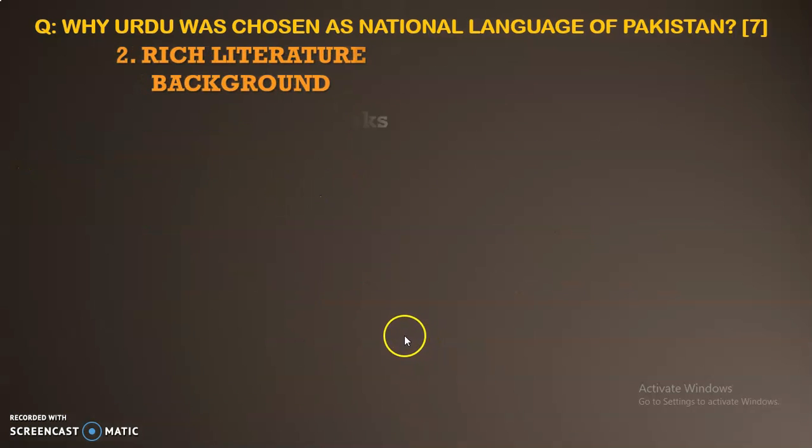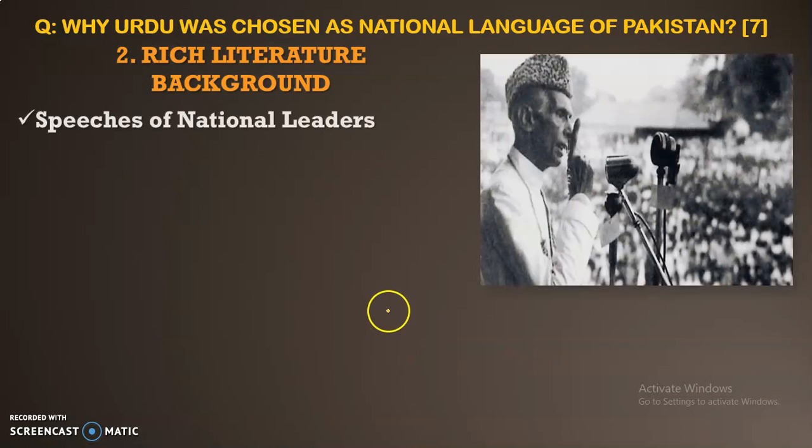Moving towards the next point of the same paragraph, we have the speeches of the national leaders. Before I start this one, let me clarify one more thing. When we talk about Urdu being the national language of the country, it is the binding force. The first thing that you need to address is that this language was mainly the binding force between the different parts of Pakistan. But when we talk about this paragraph, it means that the national leaders at that time used to deliver their speeches in other parts of the world,